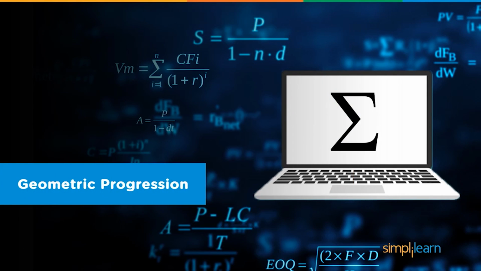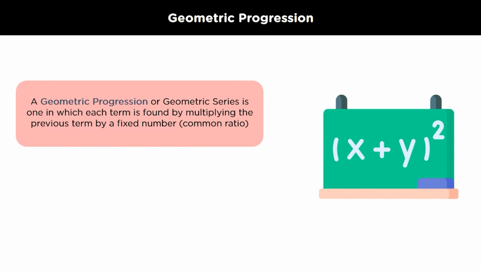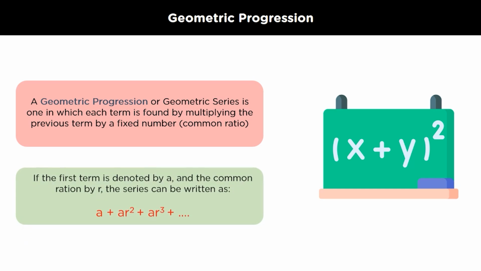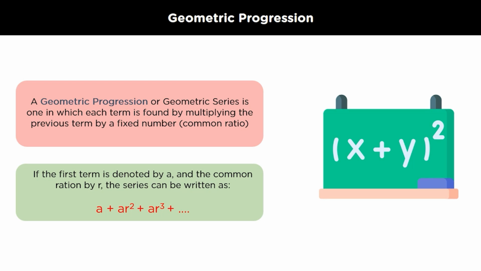Now let's move on to geometric progression. A geometric progression is a sequence where every term bears a constant ratio to its preceding term. Geometric progression is a special type of sequence. In order to get the next term in the geometric progression, we have to multiply by a fixed term known as the common ratio every time. And if we want to find the preceding term in the sequence, we just have to divide the term by the same common ratio. If the first term of the series is a and the common ratio is r, we can calculate the next term by multiplying the first term with the common ratio.